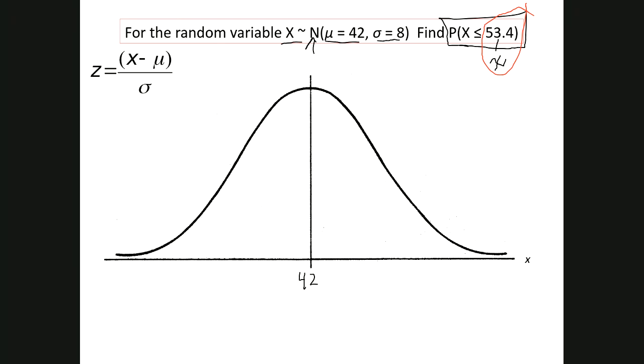And we know that where does 53 fall in relation to 42? Well, it's going to fall somewhere to the right of 42. So here at this point, somewhere over here, and again, it doesn't have to be terribly accurate, just something to guide you, 53.4. And we want to find out the probability that x is less than or equal to 53.4. And you can sort of follow the diagram. The less than or equal to means that's going to be everything that's below